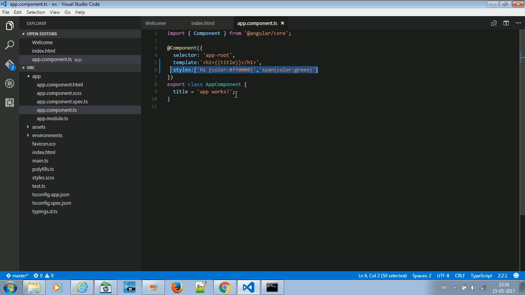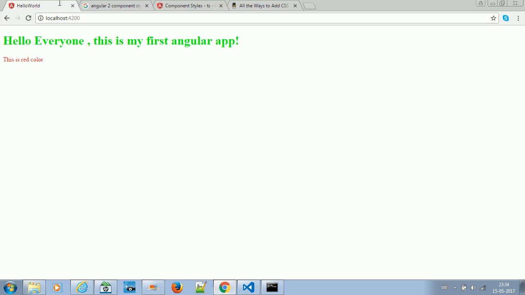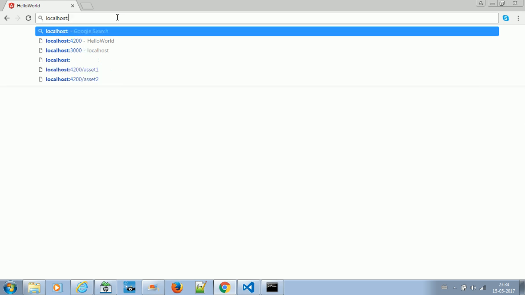So let's see this. Now let's come back and see if the server has started. The server has started successfully. So open up your browser, one that supports Angular 2. Let me close the other windows. I am using Chrome as my browser, because I have an outdated version of IE. So, the default port number 4200, run it, and